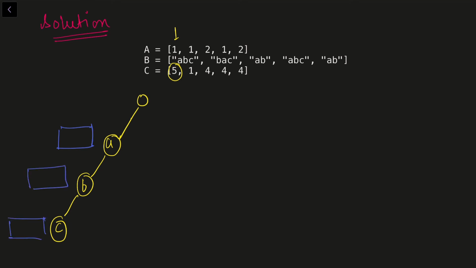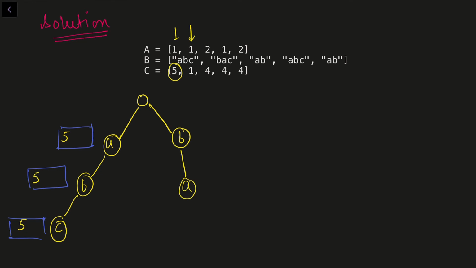So I just created all these structures and I'll put the data here. So the current key is 5. So I've pushed 5 here. Fine. Then after that the second query is again 1 and the string is BAC. Now if I insert BAC here, it will look something like this.